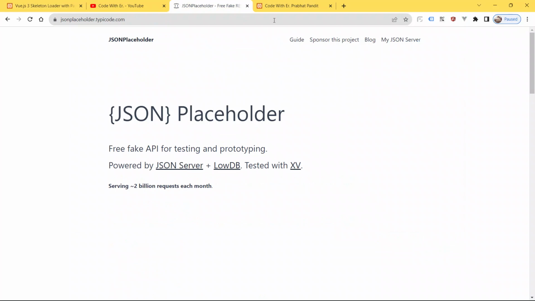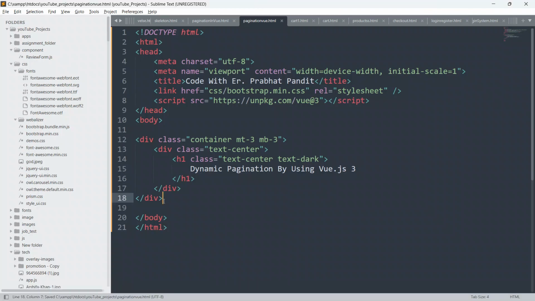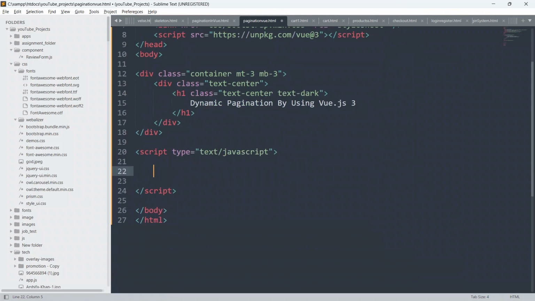Now go to the code again, and we have to create our script tag to write our Vue.js code. So create a script. Be focused, because we are now going to write the logic for the application. First of all I will create a variable: const app equal to